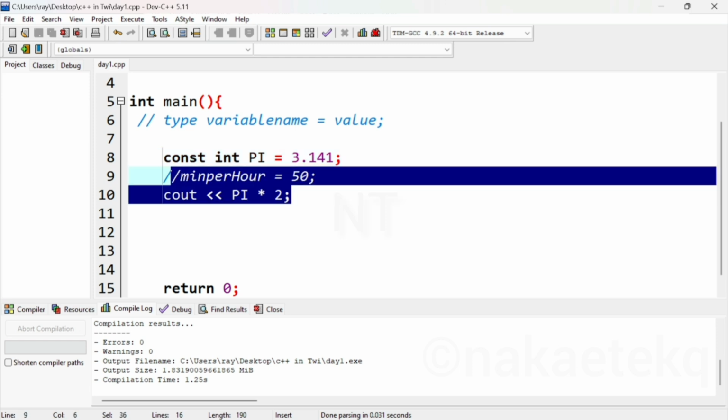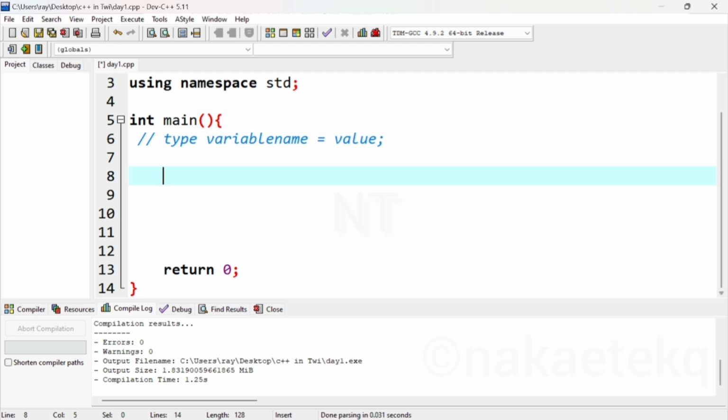So let's start with integer. Yes, integer stores whole numbers, not decimal numbers. So we can have int, maybe age equals